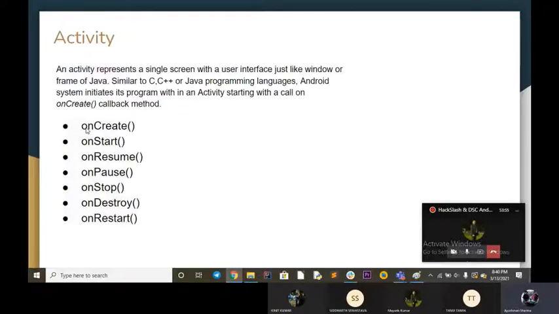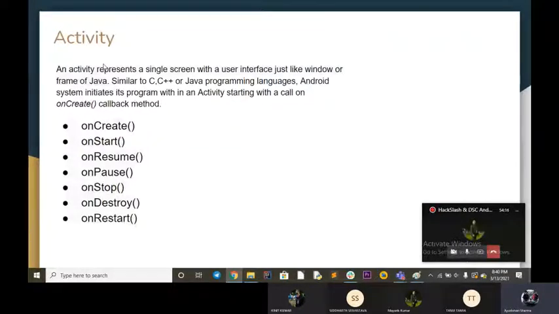Like if you have coded in Java, then you have seen that we have a main function that executes all the code. So here we have a similar type of function called onCreate. Whatever code you have written for your particular screen, it all starts from the onCreate function.